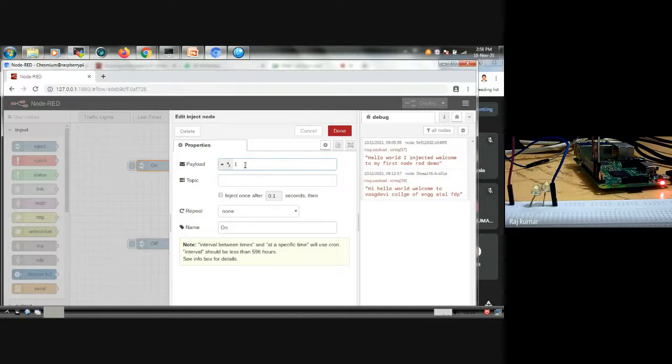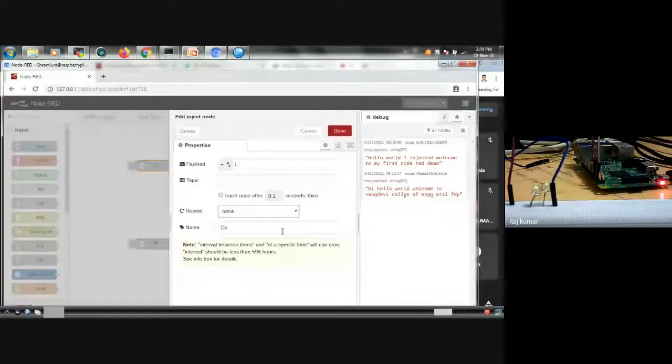So the output of the first inject node will be the input to the next node. You can repeat this operation with this repeat option. You can automate it at some intervals, maybe every 10 seconds or 20 seconds.